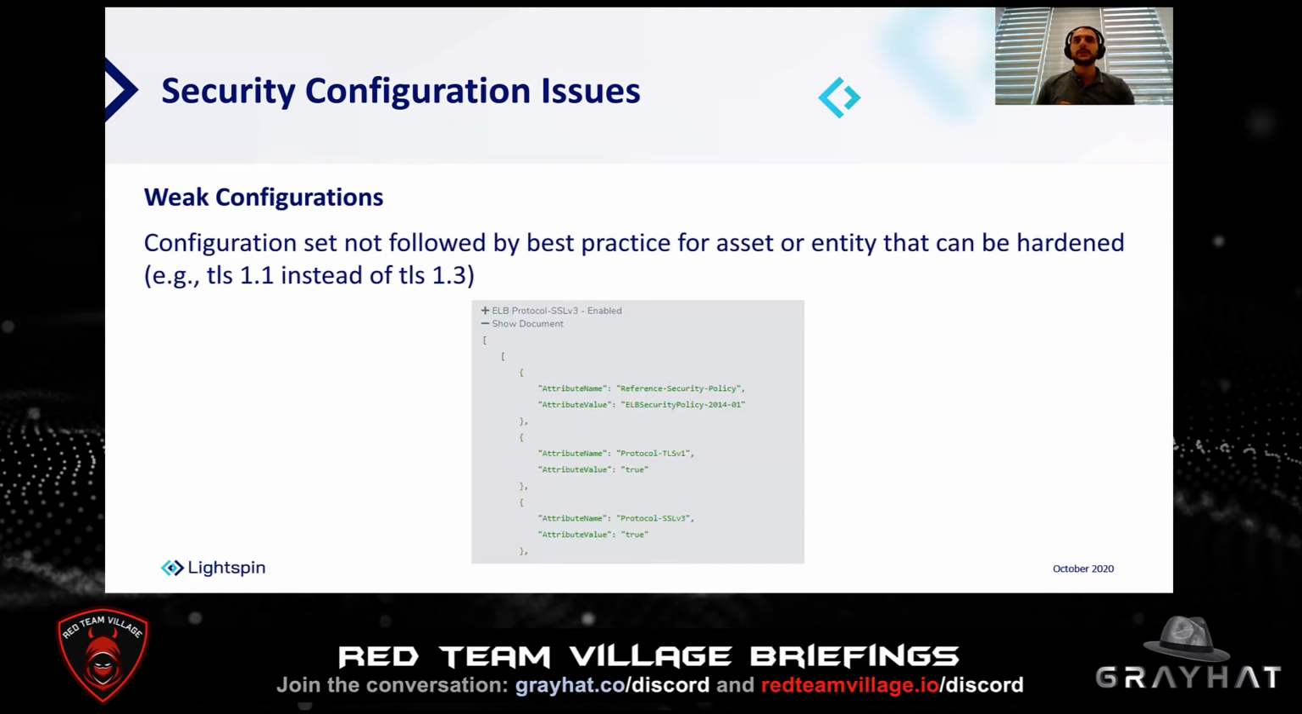Another great example of a security configuration issue is weak configurations. The best practice says to use TLS 1.3, but we did a bad practice and we are using SSL version 3 or TLS version 1, which are vulnerable to the POODLE attack. The last kind is